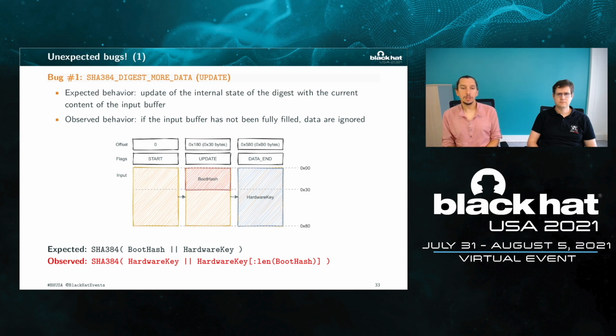Basically, the expected behavior is that when you set this flag, the internal state of the cryptoprocessor, the internal state of the digest, will be updated with the current content of the input buffer. However, what we observed is that if the input buffer has not been fully filled, then the data are discarded or ignored. So, to give you an example, we start an operation on the